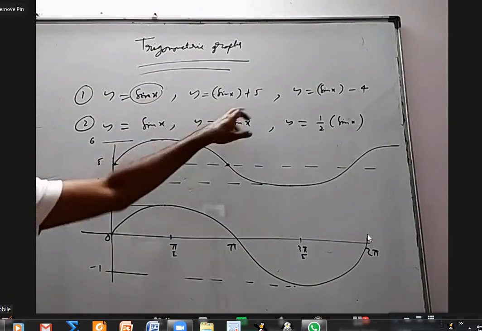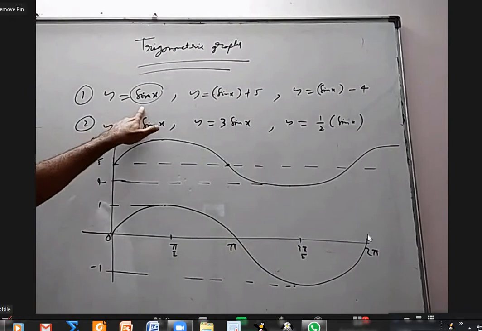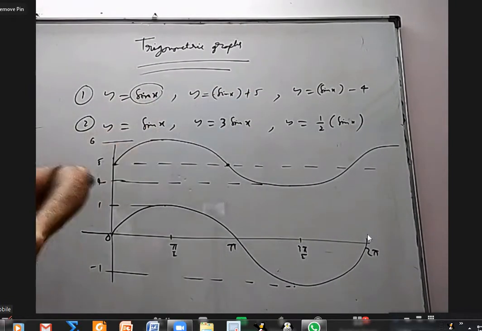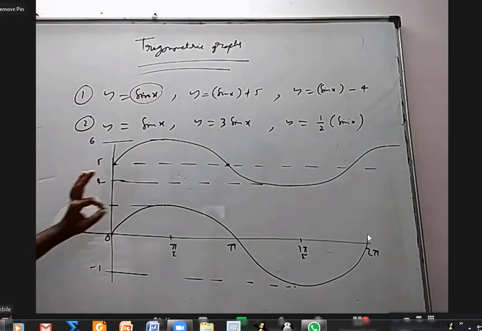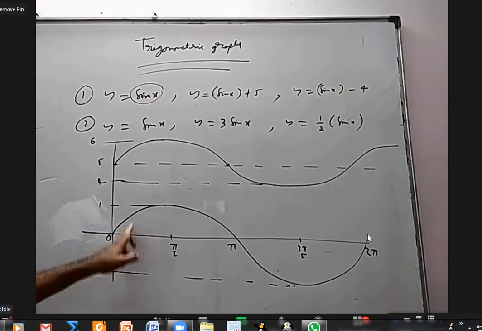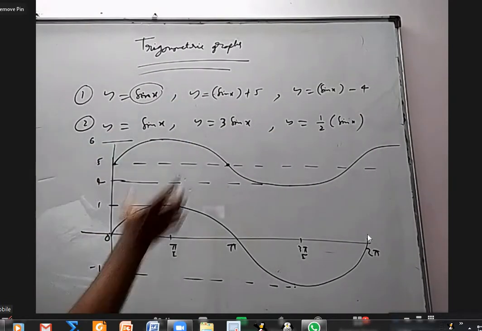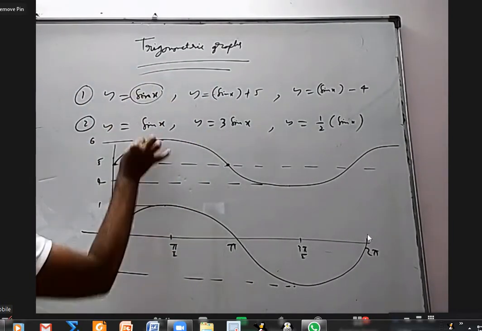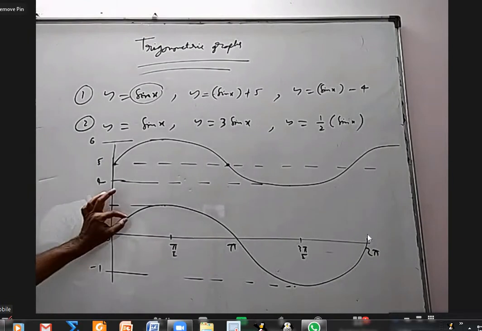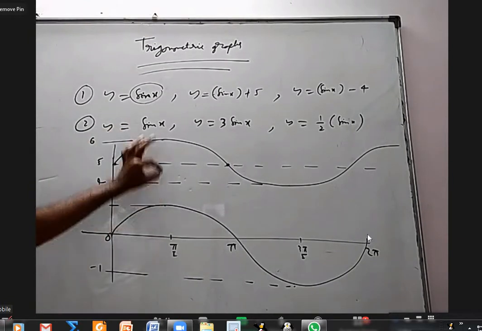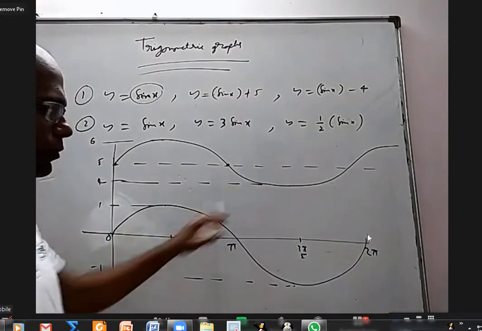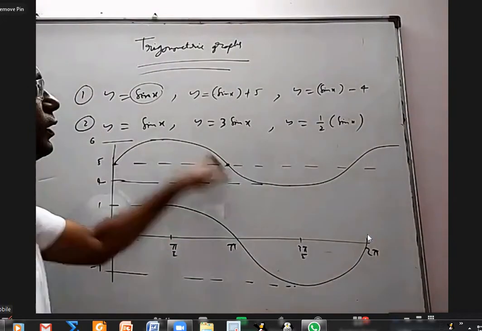Basically, whatever x value you take, whenever it is 1 by 2, this will be 1 by 2 plus 5. When it is root 3 by 2, it will be root 3 by 2 plus 5. When it is 1, it is 1 plus 5. So for the same x value, whatever x you take, this y coordinate is 5 more than this y coordinate. Every point will move 5 units up. Take this point, move 5 units up. Take this point, move 5 units up. So the whole thing will go 5 units up.